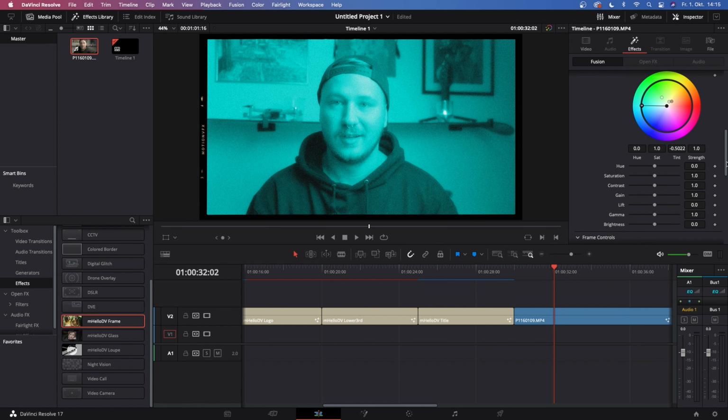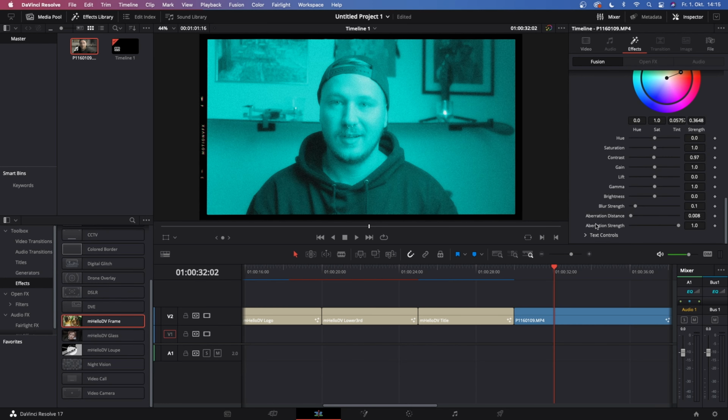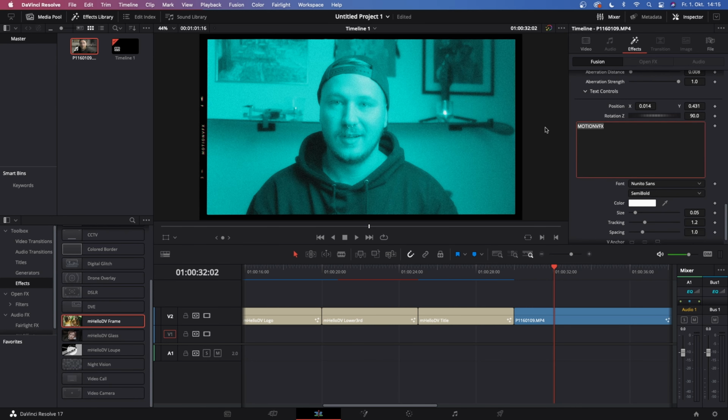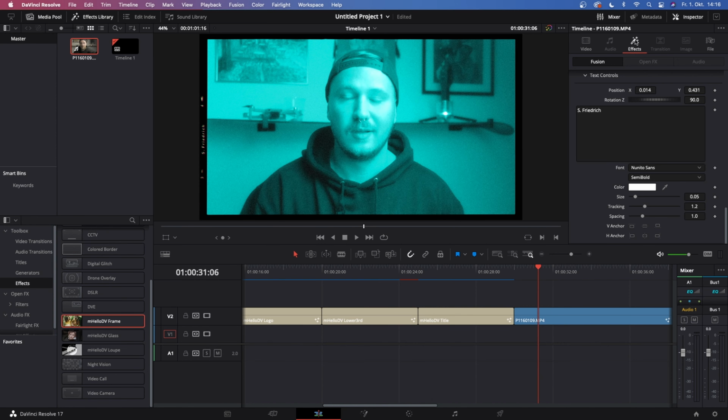And under frame controls, because probably no one likes this motionVFX ad that is right in the frame, you can also get rid of that at the complete bottom where it says text controls, and then maybe just type in your channel name if that's what you want. And you have a bunch of customization with this, but what you also can do is